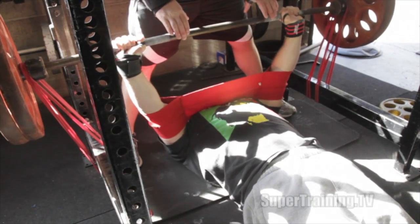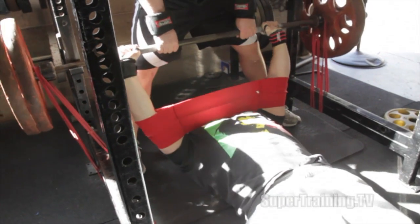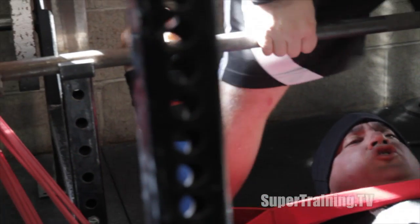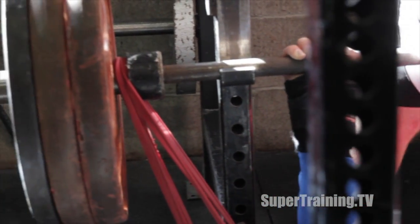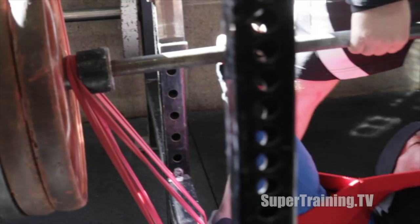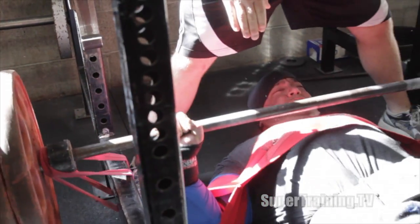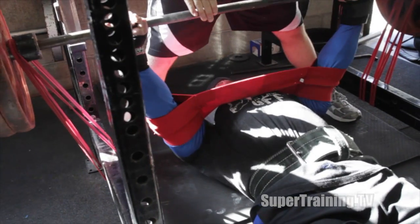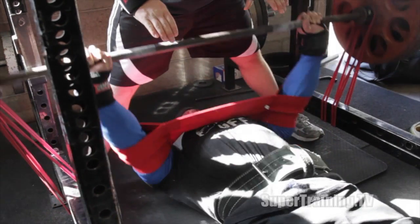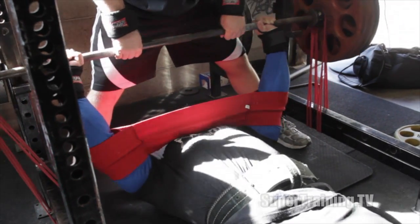All Sling Shots are great for overload. It's just a matter of how much overload you want, how advanced you are in your training, and what kind of training you're doing. I always recommend that you at least get 2 different types of Sling Shots. Here I am going with the original, and it's very common for me to use all 3 Sling Shots in a given workout. You can see we're trying to hold the weights at the top on this workout to